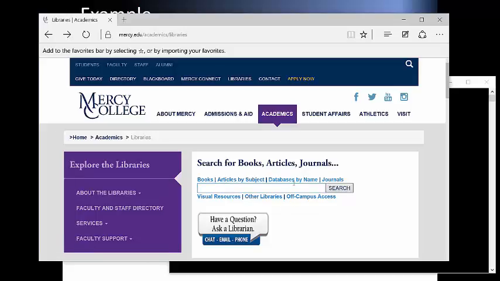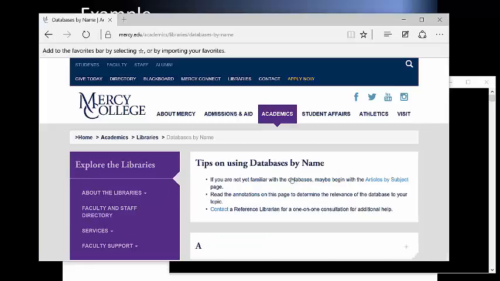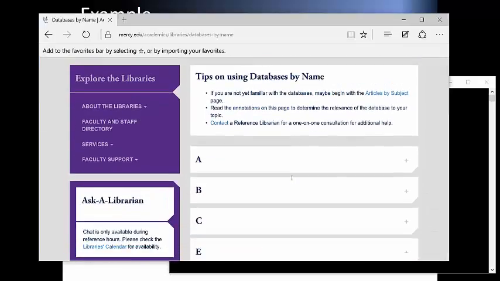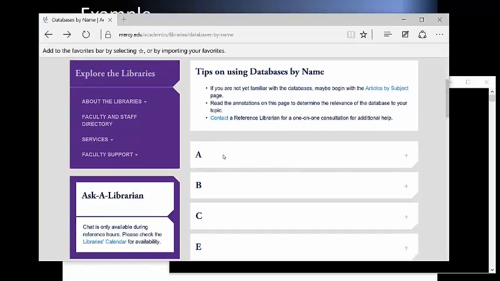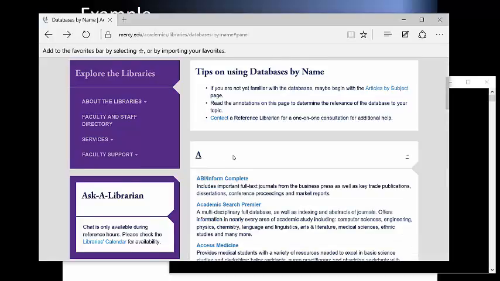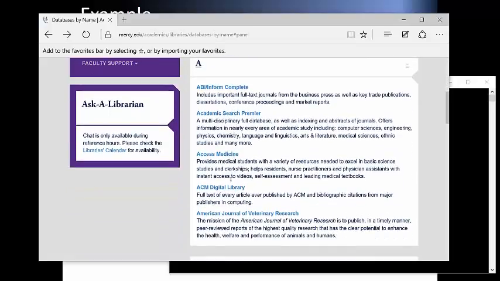Do not type yet, but a database by name. And then there's the alphabetical order. The article that I ask you to use, and also I'm using that a lot, in this category A, where there is ACM digital libraries.